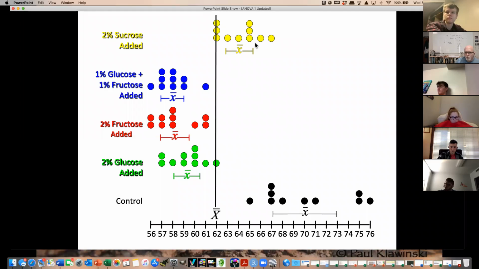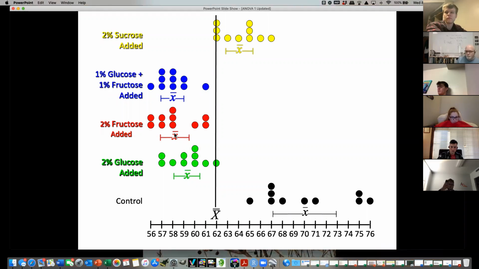Is 2% sucrose drawn from one population and control and these three are drawn from a different population? Is the blue sample drawn from a blue population and the red sample drawn from a different population? And so we can think of the grand mean as the average we should expect to see if there are no differences